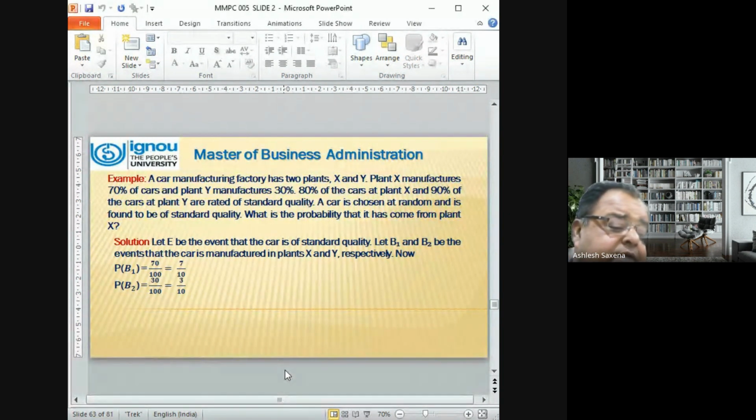हमारी प्रॉब्लम है, इवेंट क्या है, स्टैंडर्ड कार, तो हम इसको बात करेंगे E से। 2 प्लांट हैं, उसे हमने B1 और B2 कर दिया। अगर मैं प्लांट B1 की प्रोबेबिलिटी ढूंढूंगा तो दैट मीन 70% है, तो 70/100 हो गया। B2 कितना है, प्लांट Y है आपका, 30% हो गया। 30/100 का मतलब हो गया 3/10। इनमें एक चीज का ध्यान रखिएगा, डिनोमिनेटर को सेम रखिएगा। मैंने यहां पर 10 लिया है।